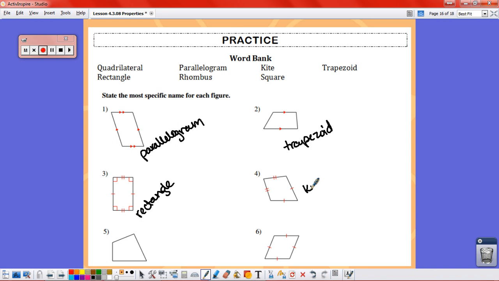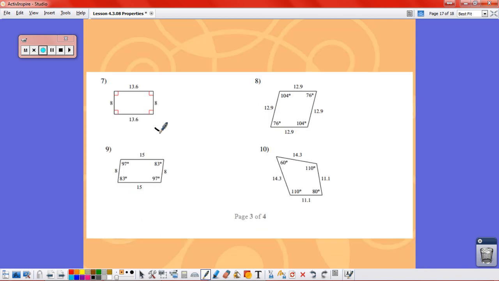This is a kite, because it has consecutive congruent sides. This is just a quadrilateral. This is a rhombus, because it has all equal sides, but not 90-degree angles. This is a rectangle. Opposite sides are congruent, 90-degree angles. This is, all sides are congruent. Opposite angles are congruent, so this is a rhombus,